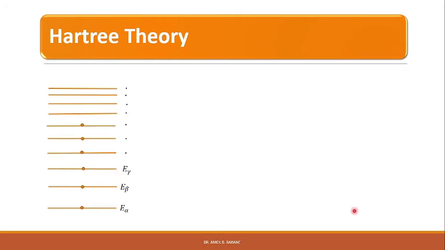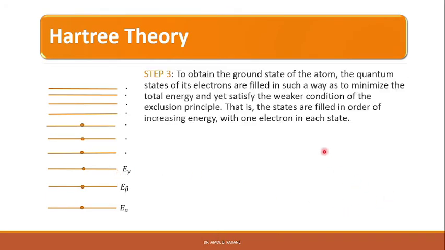So in the third step, to obtain the ground state of the atom, the quantum states of its electrons are filled in such a way as to minimize the total energy and yet satisfy the weaker condition of the exclusion principle. That is, the states are filled in order of increasing energy with 1 electron in each state. Right? So we have